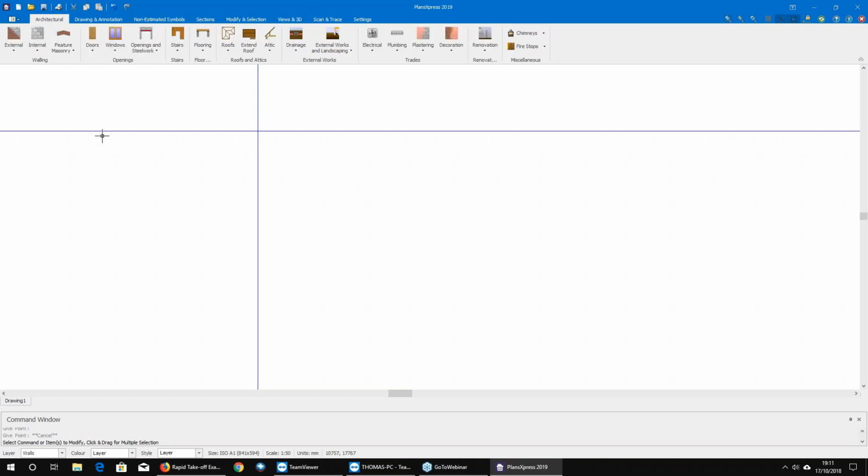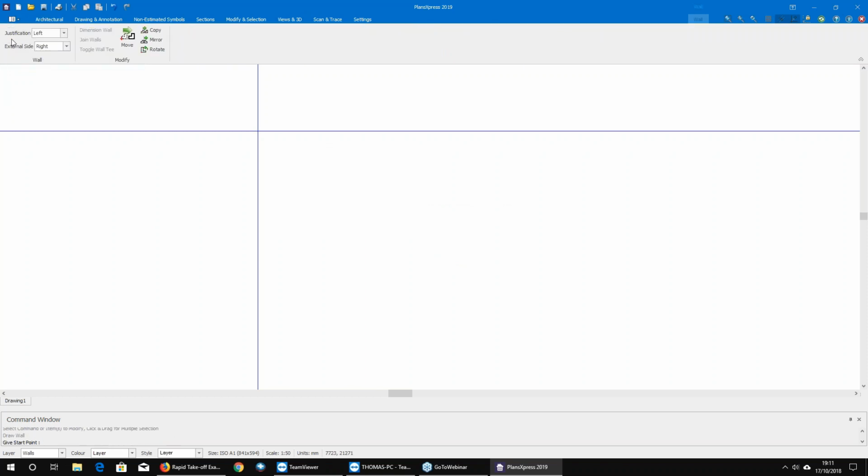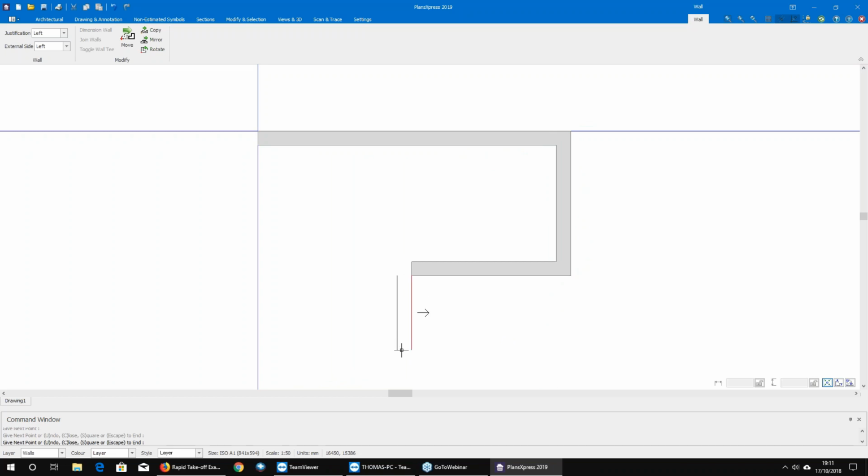So I'm going to go into this now. Actually, I'm going to use the external wall and just start drawing. Set everything to left. Now this time you may notice that there's a couple of just simple lines there, more so than normal. I'm going to place that, and you'll see now we've got a solid grey line. So as we go around doing a bit of drawing,